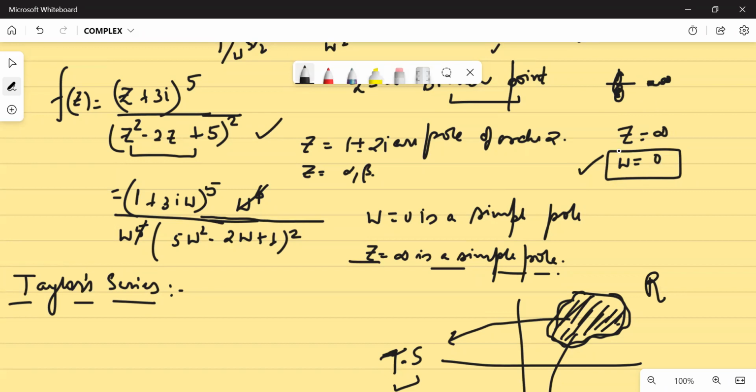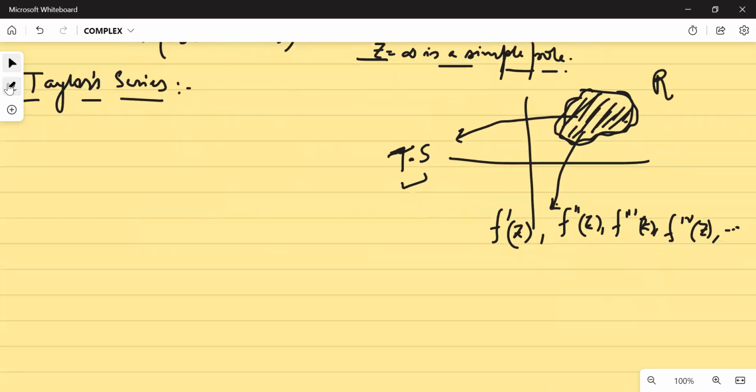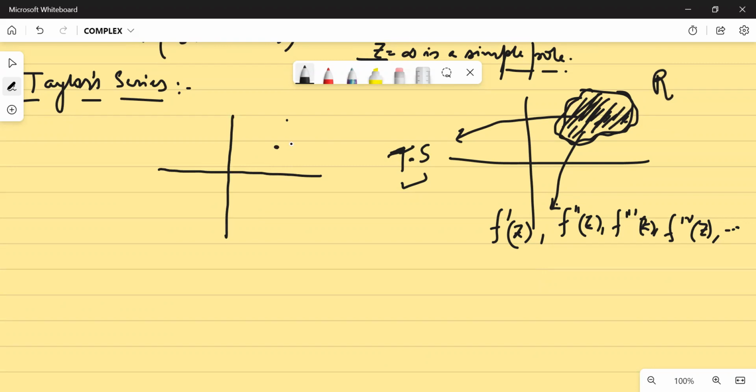So if I'm saying my function is, let me define, let's say my function is analytic in region R. And let me make it a bit easier, so life will be a bit easier. Let me say that my function is analytic at z naught, and let's say there is a region, and I should take a circle, so that would be an easy thing for me to do. So if I take a circle, now for every z inside this circle,